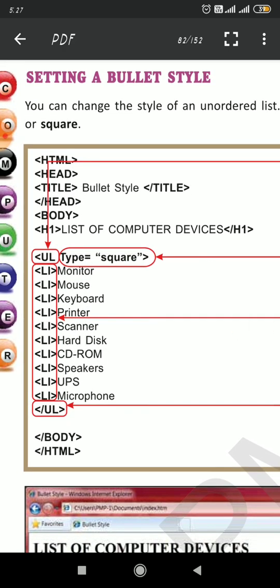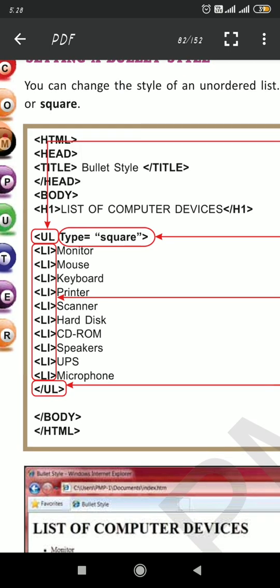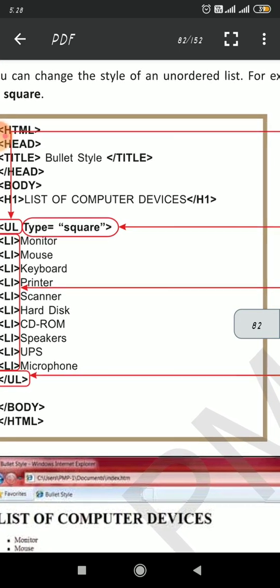Here UL type equals, in double inverted commas, the style name like square, circle, disc, as you have seen in many notebooks also for writing points, features, characteristics. If a numbered list is not used, then bulleted lists are used instead, but with different styles: square, disc, circle.